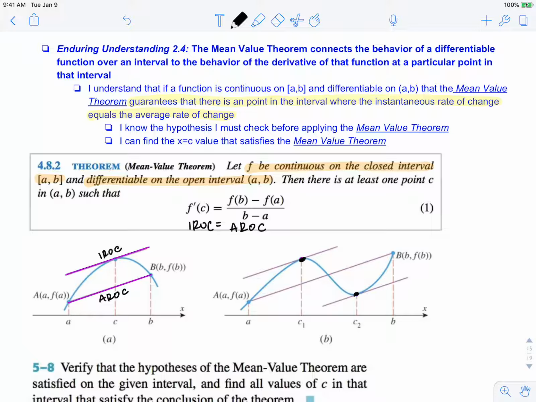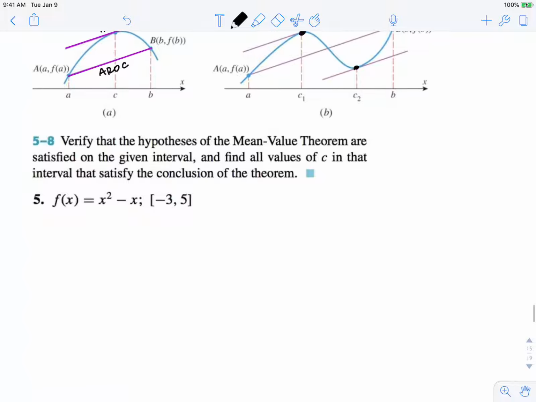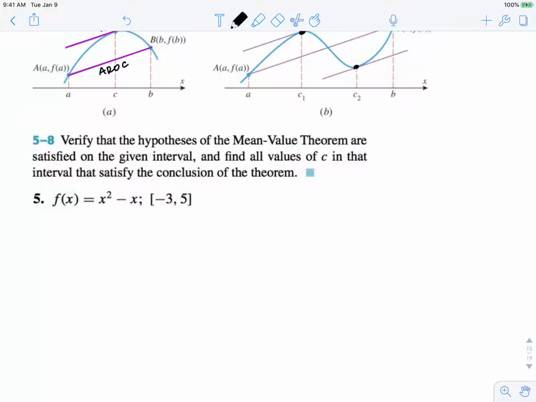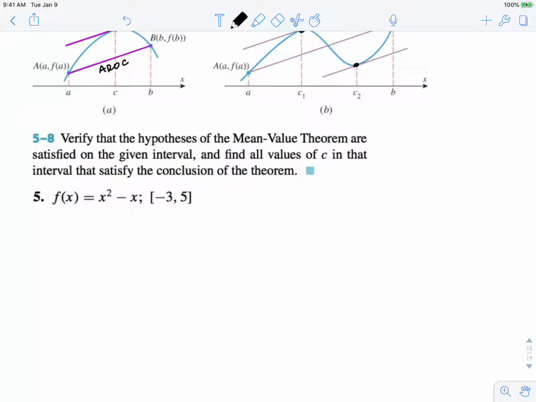So let's go ahead and try an example below. First, we're asked to verify the hypotheses of the mean value theorem are satisfied, and then find all values of c in that interval that satisfy the conclusion of the theorem. So we can see that f of x is a polynomial function. So polynomial functions are both continuous and differentiable. So for our hypothesis,